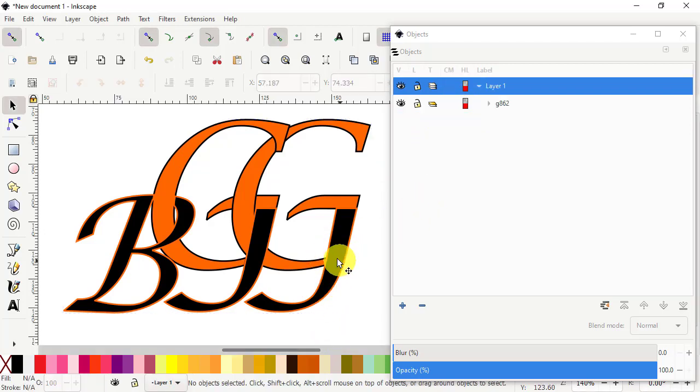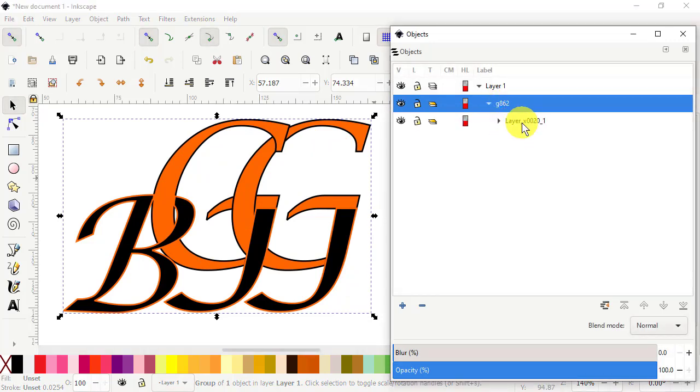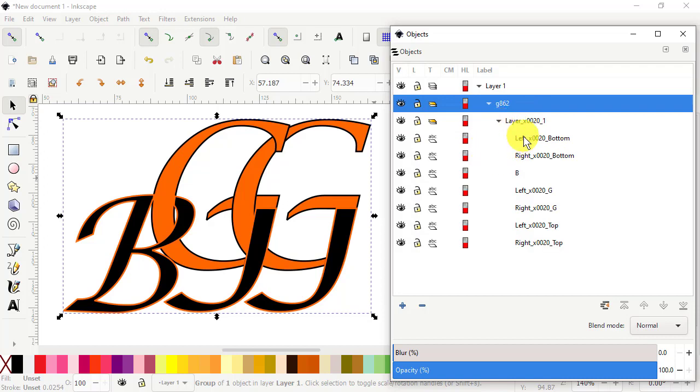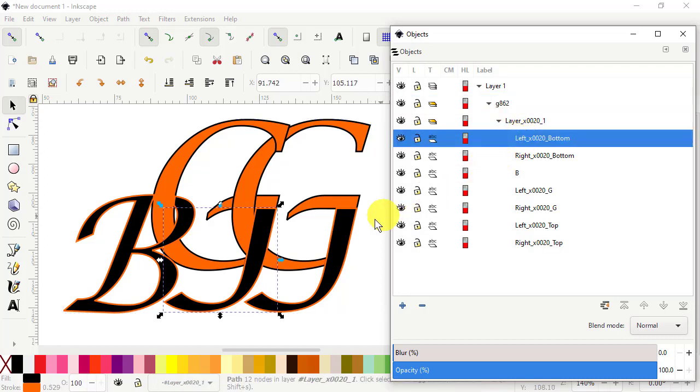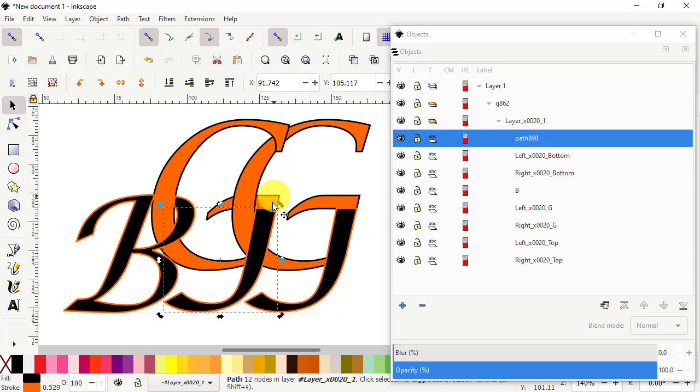What I'll do here is deselect, select. Okay, as you can see, all the objects are in a group, and then they are in a layer. If I check this object, you can see there is a fill and a stroke, and we don't want that. So what we'll do is right click on it, duplicate, and then set a fill to none,